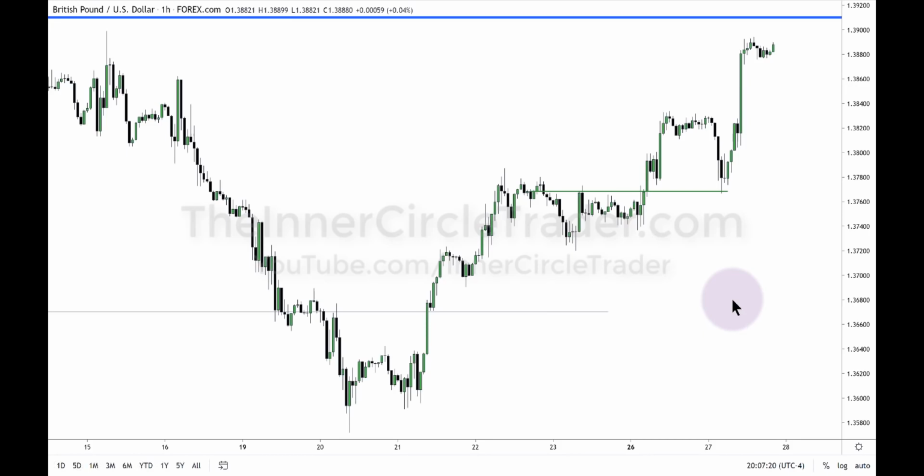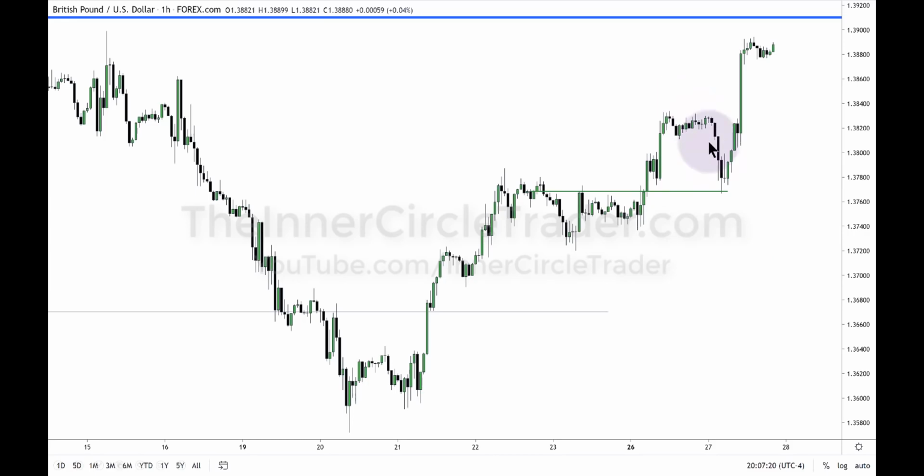Dropping down to an hourly chart, that blue line I used on the daily chart to identify the bullish order block level is now green here. I don't want to trip you up, I just want to have a contrast because of the time frame. This level is that same bullish order block level on the daily, just transposed to the hourly chart.